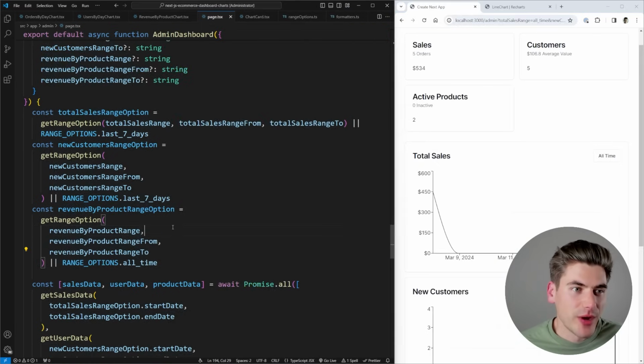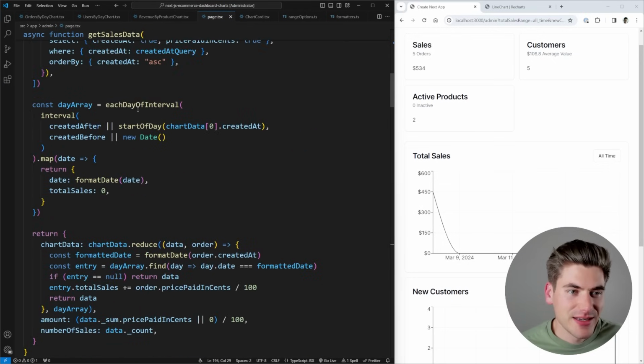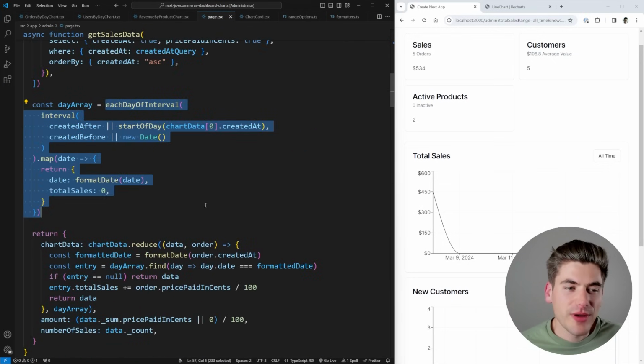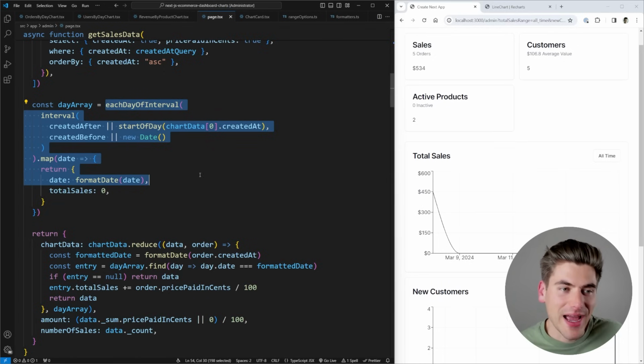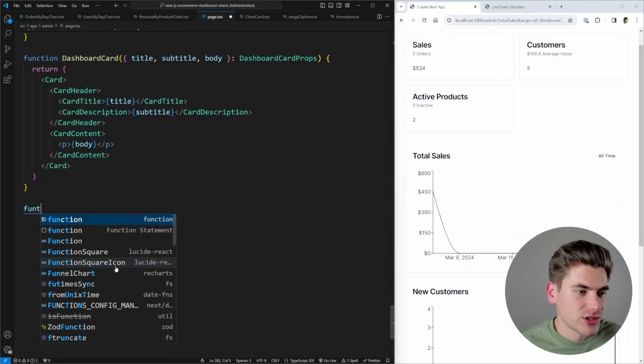So let's make this a little bit wider. And what we want to do is scroll all the way up to one of these functions where we're actually getting this interval right here. I want to create a separate function to get this interval, and I want the interval to be dependent on how wide the actual range is. So let's scroll all the way down to here. We'll create a function called